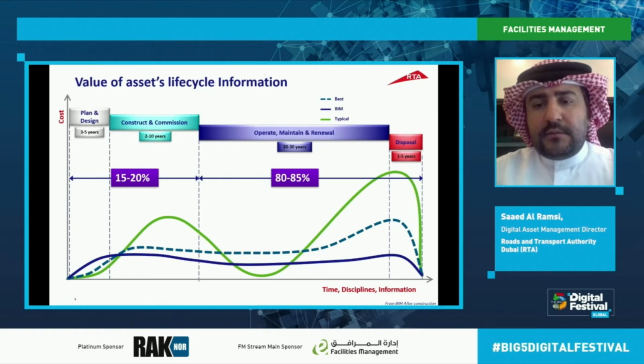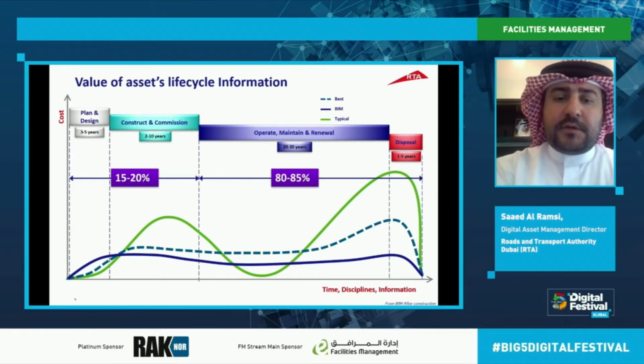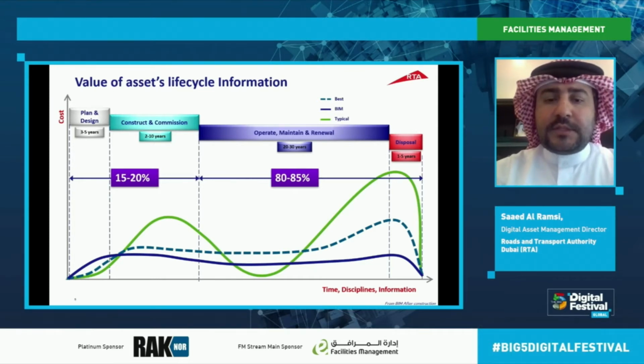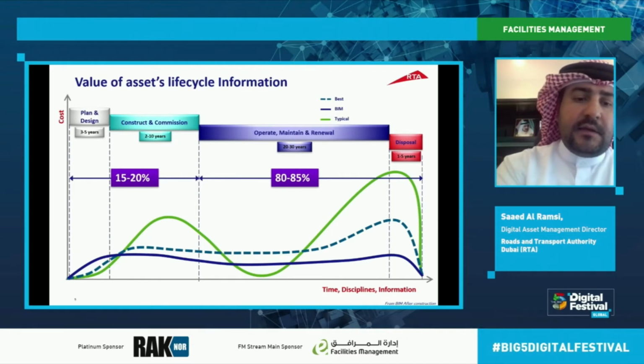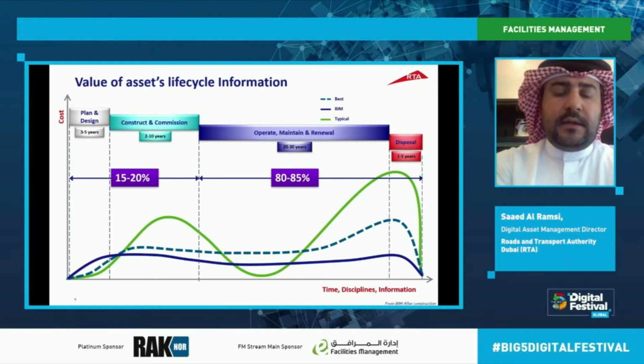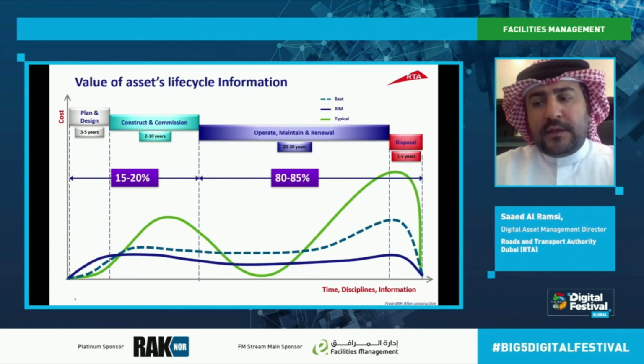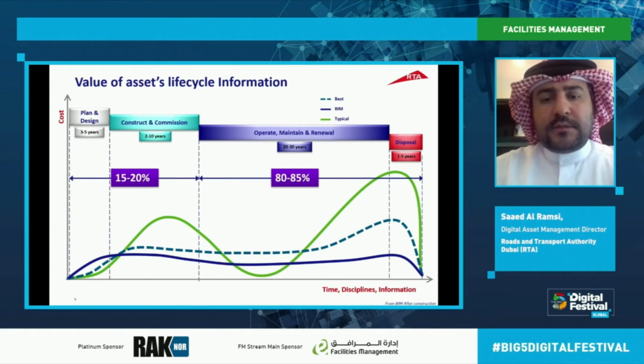Now, again, you will not always get the best, but BIM will give you this line, which is much better because it is constant, and the cost will be much lower. You will spend a little more during the beginning of the project. Let's say, for example, in a typical situation you are spending 100,000 on this information. If you implement BIM, it may cost you $1 million. However, in the next years, you will see that the cost will reduce